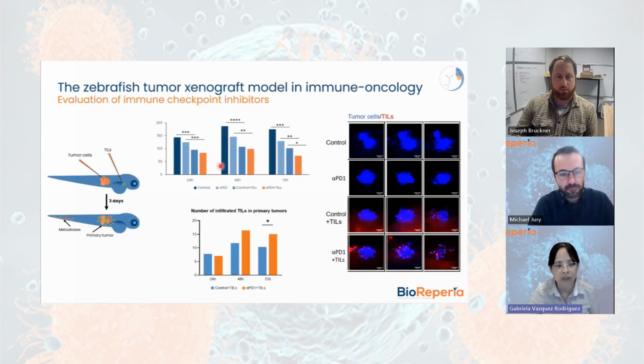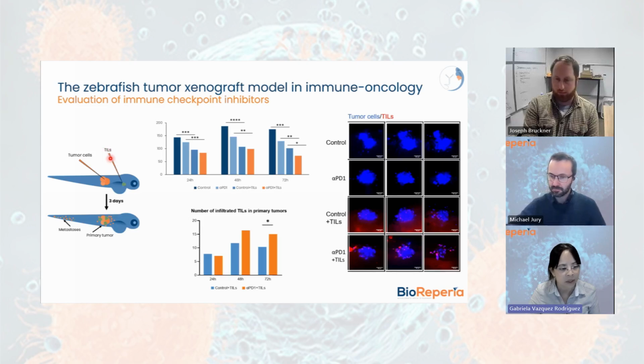Also, the zebrafish tumor xenograft model can be used, as I mentioned before, for immuno-oncology. In this experiment, we evaluated the immune checkpoint inhibitor, the anti-PD-1 antibody. For this study, we used melanoma tumor cells, labeled in blue with a fluorescent dye and implanted subcutaneously. And we used matched tumor infiltrating lymphocytes, labeled in red. These lymphocytes were injected IV right after primary tumor implantation,